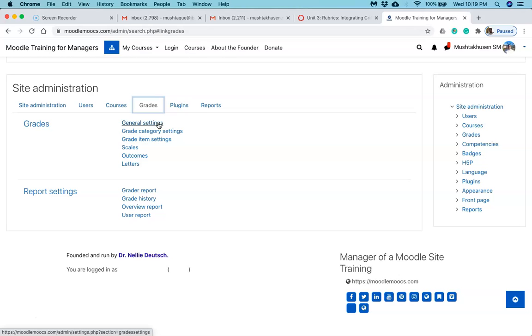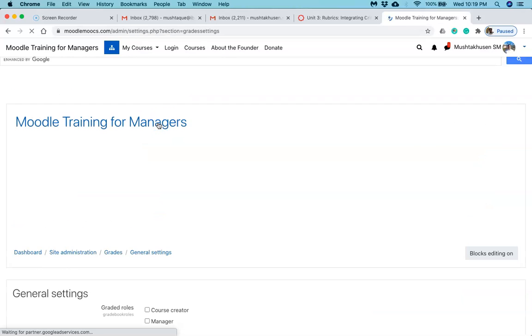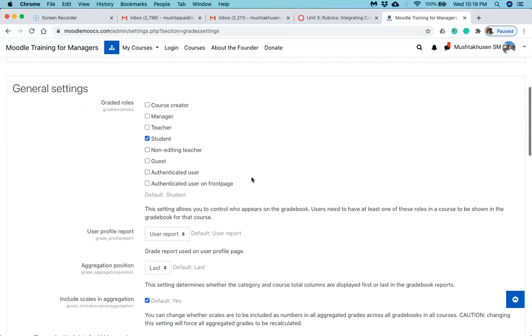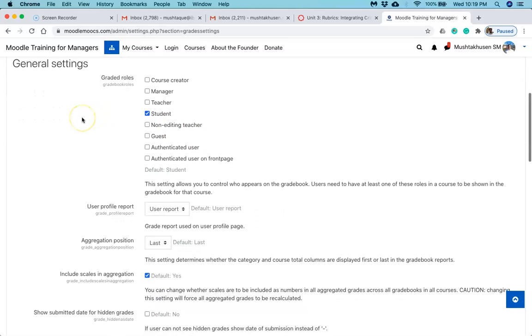Once you click on general settings, you can see the general settings of the grades. The first one is graded roles. By default, when any student enrolls for the course, we evaluate or grade the student, so by default it would be student.